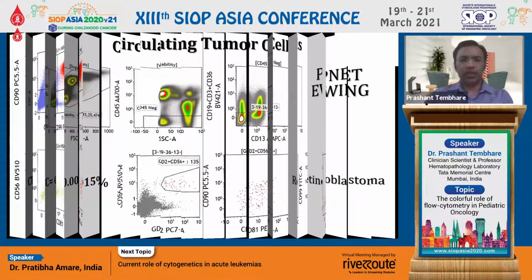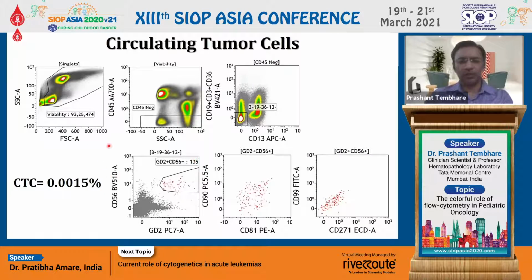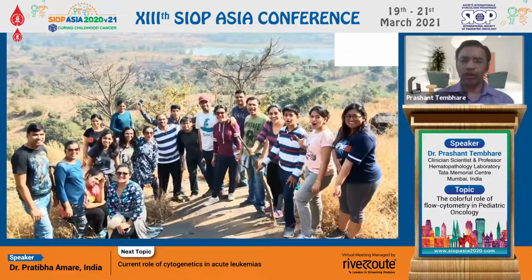The next application is circulating tumor cells; flow cytometry can detect even very low levels of circulating tumor cells. So these were the different applications, from diagnosis and classification, as well as MRD monitoring, of underlying genetics and therapeutic antigens. Not only that, in round cell tumors you can also diagnose as well as stage bone marrow samples. You can easily identify the different types of tumors and classify them.